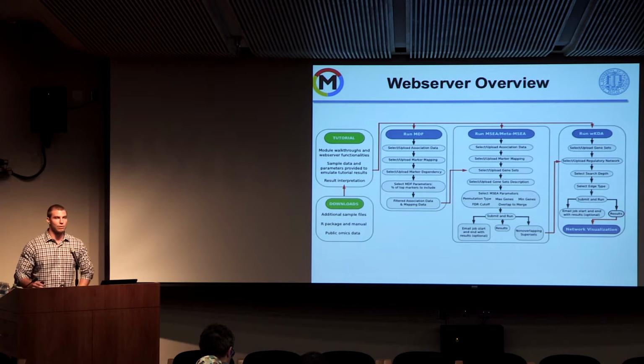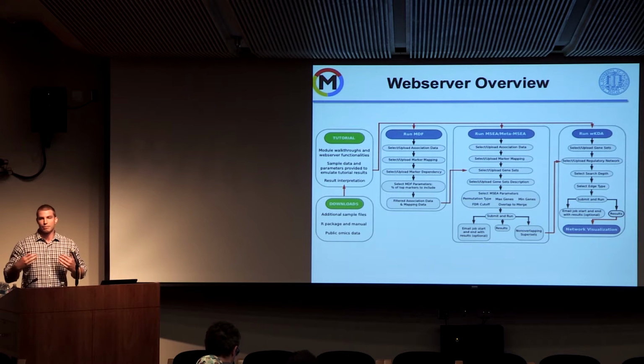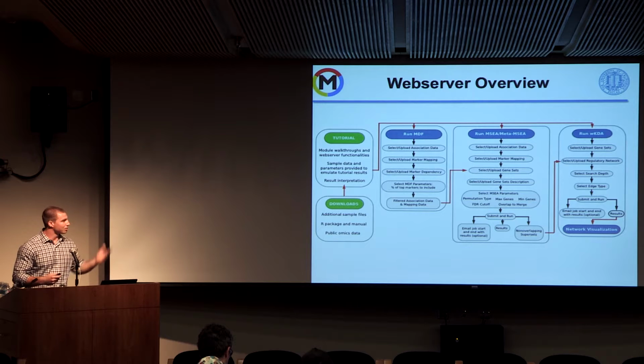overview of what the workflow might look like for our web server. Kind of the key takeaway here is that these are the 3 analytical modules that a user would use, and they flow very linearly within each module. So the particular user, depending on what study design they want, may not want to use all 3 of these modules here, but our pipeline is very flexible and allows the user to use whatever module best pertains to